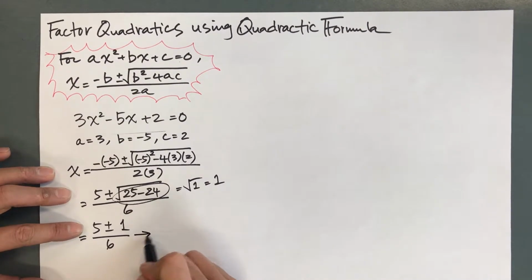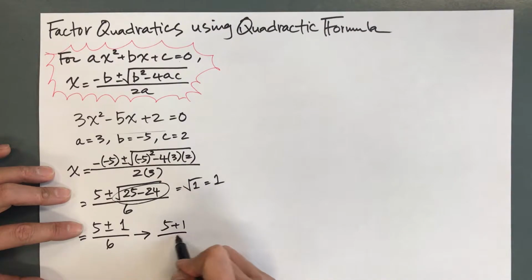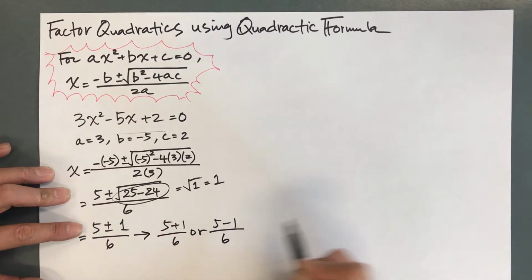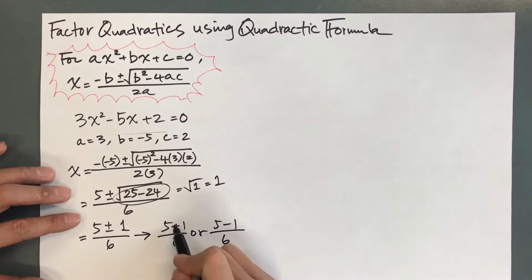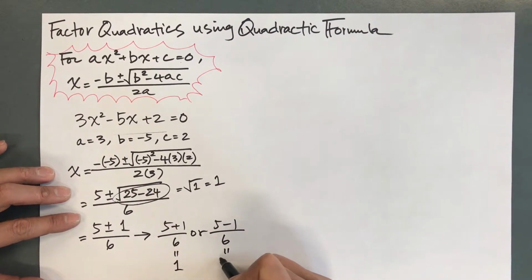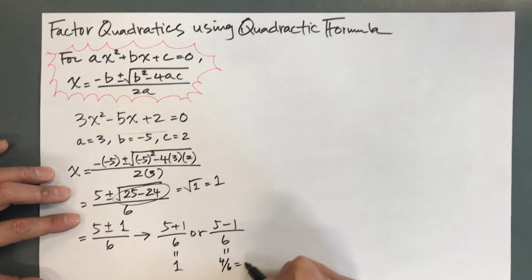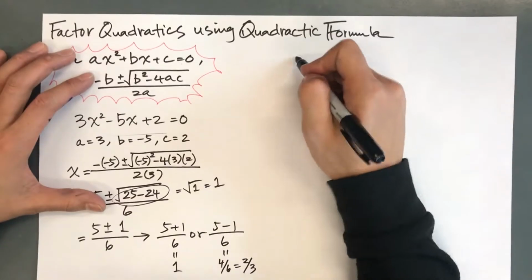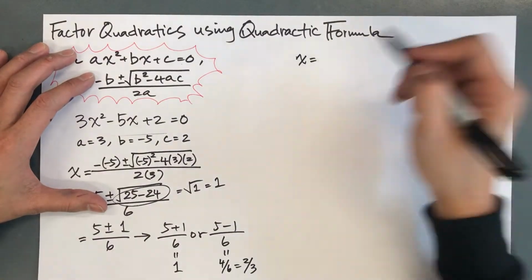yet, because this means that it's 5 plus 1 over 6, or 5 minus 1 over 6. This is 6 over 6, which is 1. This is 4 over 6, or 2/3. Now we get the roots. So we know that x is equal to 1